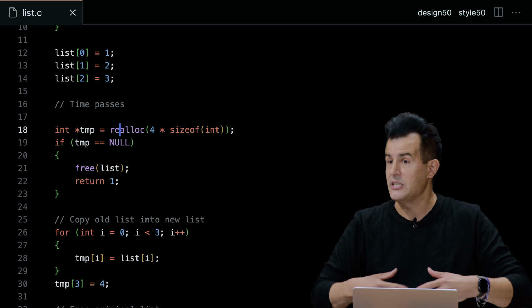So what's the upside now? If I want a fourth value somewhere on the screen, I could put it here, here, here, here, wherever there's enough room, and just make sure that I update the arrow to point to that next chunk. There's no copying of data. 1, 2, and 3 can stay there now forever until the program quits, and we do actually free it. But we can just keep adding, or growing this data structure in memory. So that is what the world knows as a linked list.